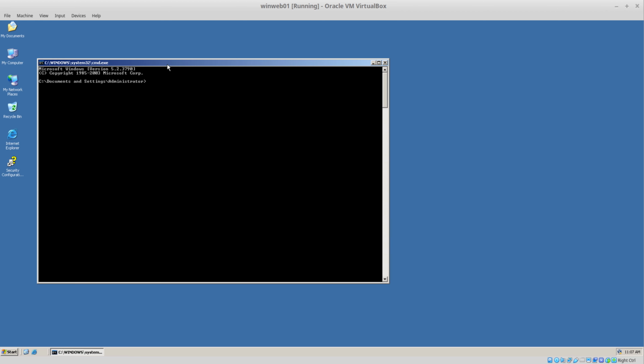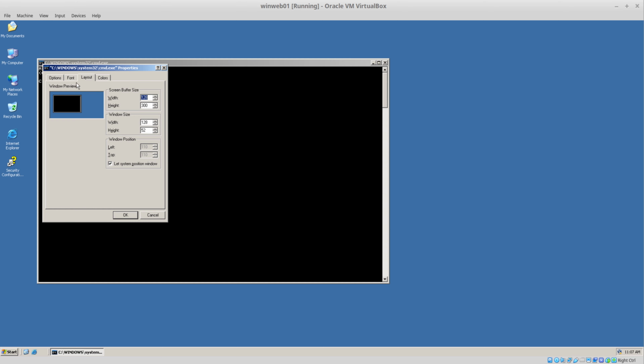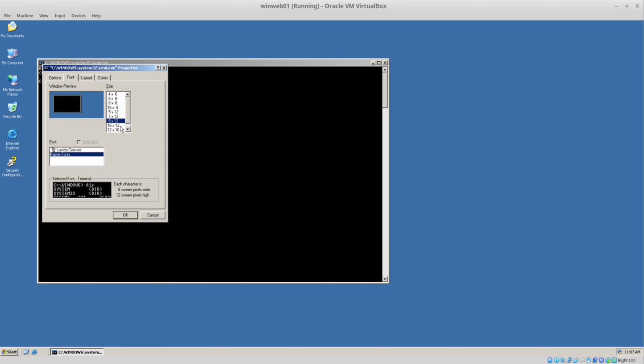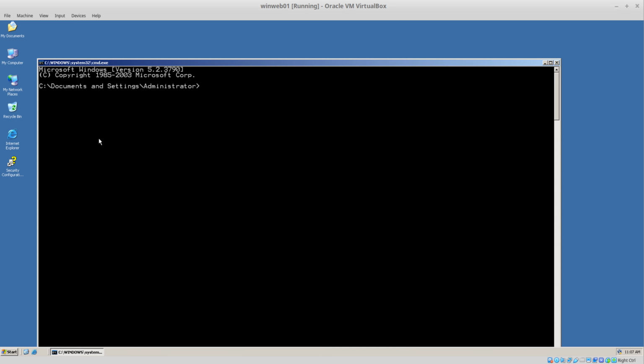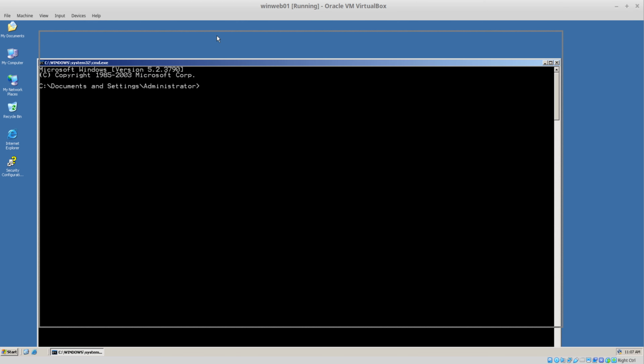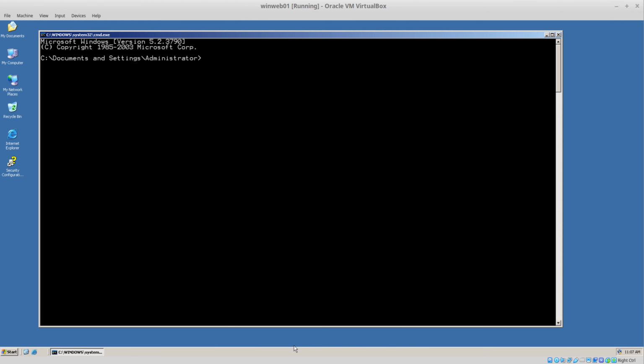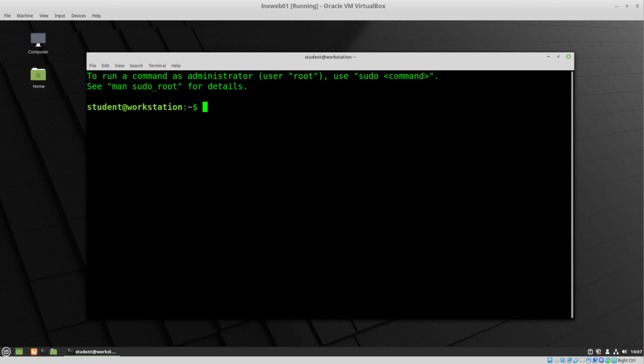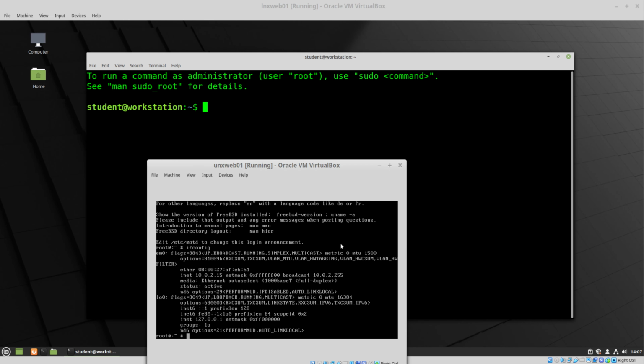Notice I'm clicking on the blue portion here to go to Properties. I can increase the size of the font too, to make the font a little bit larger, and maybe that'll be able to save the properties there. Maybe it'll be a little easier for everybody to see. So there we go. So we have the Windows box, we have the Linux box, and over here on the